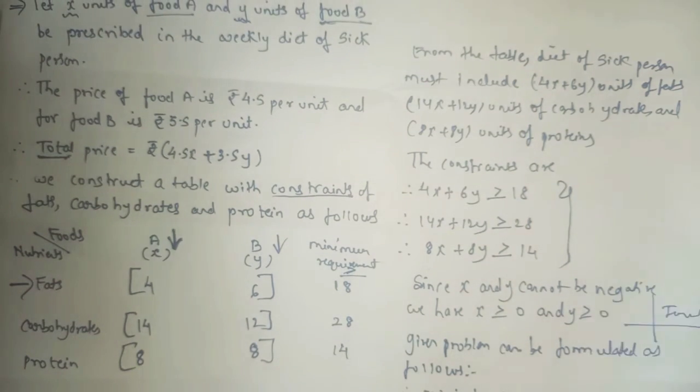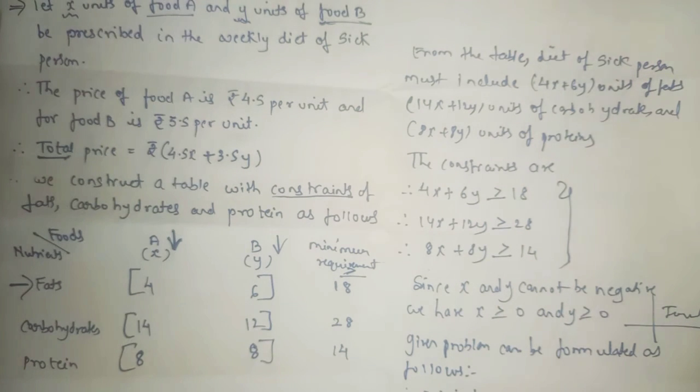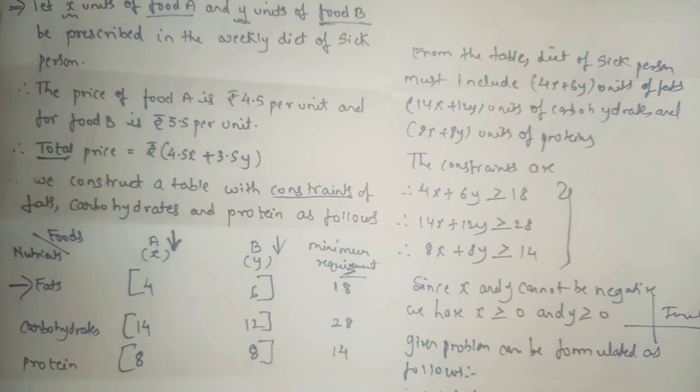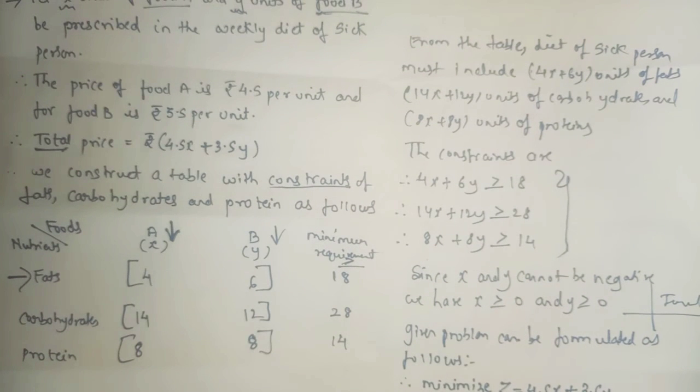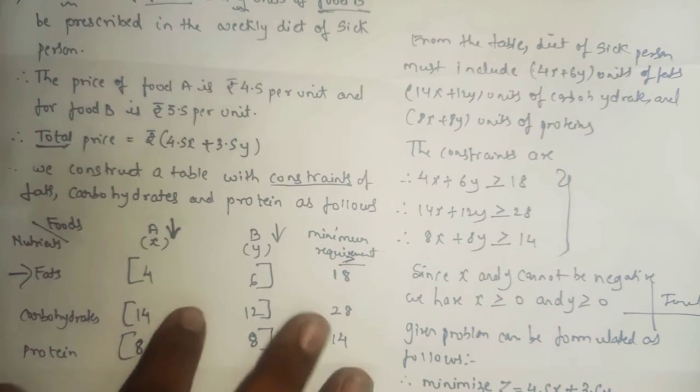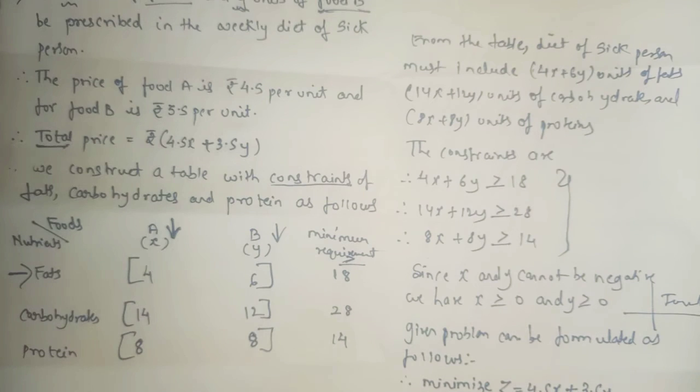Now in the exercise, when you will see, there are 9 sums in the first exercise, where in the first 4 sums you will find that you will have the ready-made table. You will have the ready-made table. Simply you have to frame the equation.